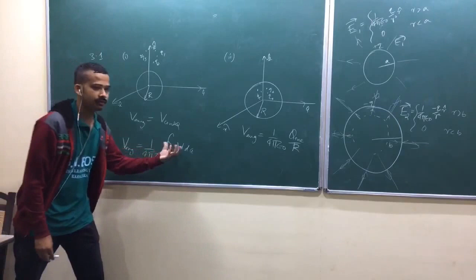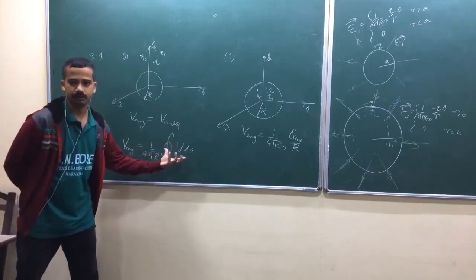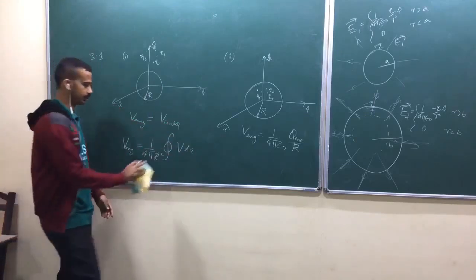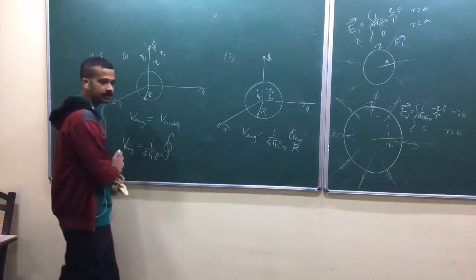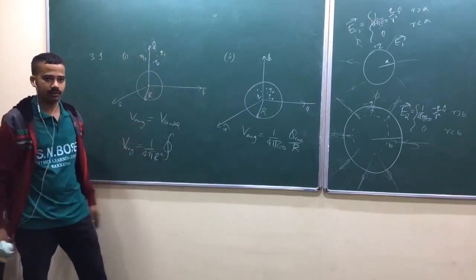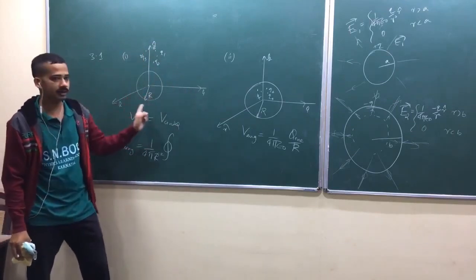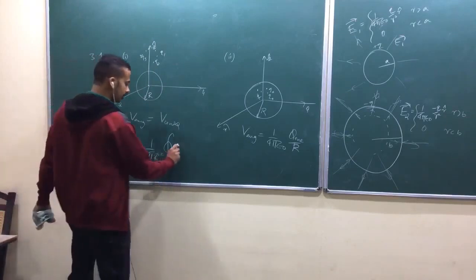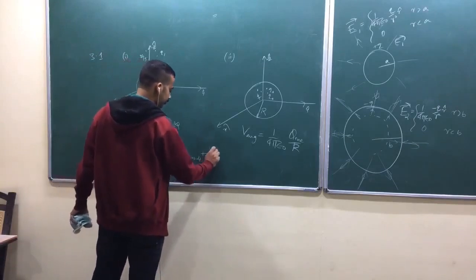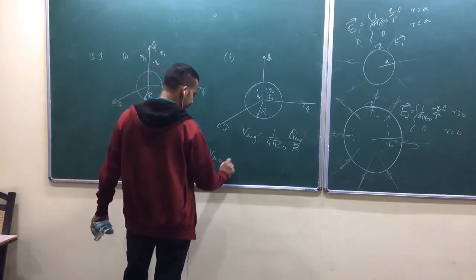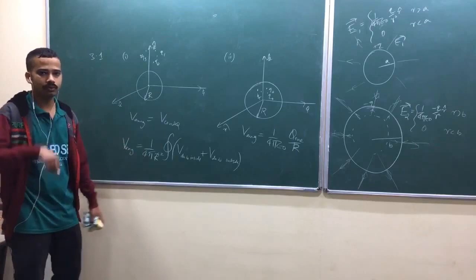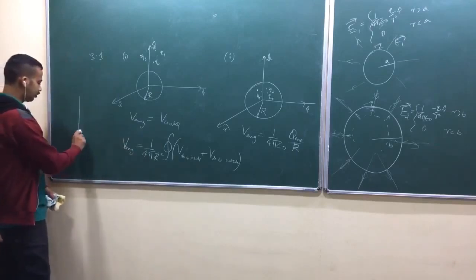Isn't it? So now let me divide this one into potential due to outside charges plus potential due to inside charges. Potential obeys the superposition principle again. Can I write like that? I have to take the net potential when I have both situations together, when I merge these two together. So I have charges inside as well as outside my spherical surface. So then what should I write? Potential due to inside plus potential due to outside. That's the total potential.